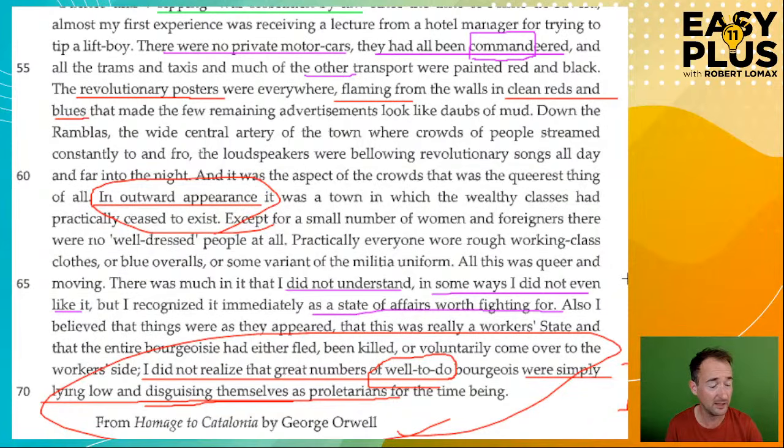So the key bit is likely to be here. "There was much that I did not understand. In some ways I didn't even like it, but I recognized that it was still something worth fighting for." We're thinking about whether there are some ideas, some ways of life that you would feel similarly about. Ways that people live that you personally don't really get. You don't even like them especially, but you think it's really important that the world should contain them somewhere, and so you would still fight for them.